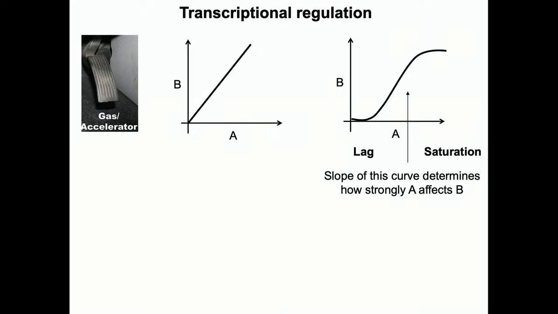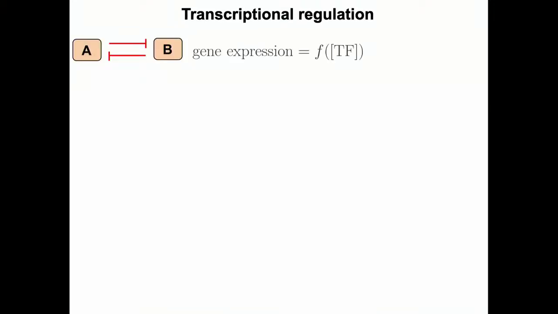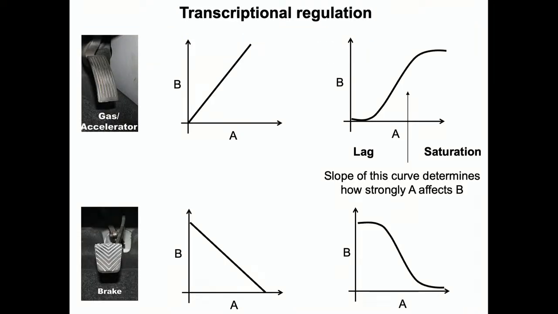Okay. Now, what happens if A represses B? How will the graph look then? So again, there will be some threshold, right? So you will start from high levels of B, because A was low, so B's steady state levels were high. And then in presence of A, you will begin to see a decrease, and then again it will saturate. Is that correct? So some function like this is what is often reported in the literature.